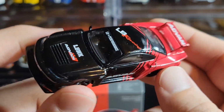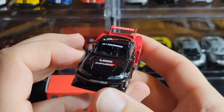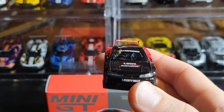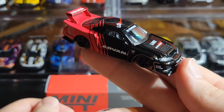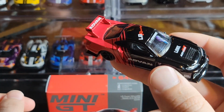But yeah, honestly, it looks really good. It's a nice, simple, clean model. It'll look good with some of the other Advan stuff that Mini GT has released throughout the years. For instance, I know we have the Advan R35, which I do have, the two Advan Supras. And then